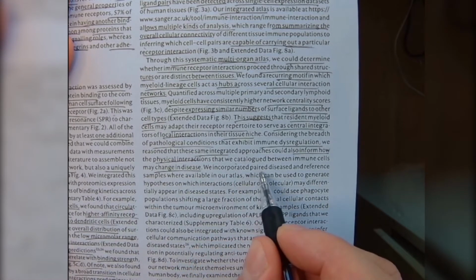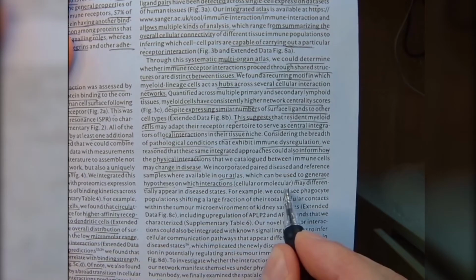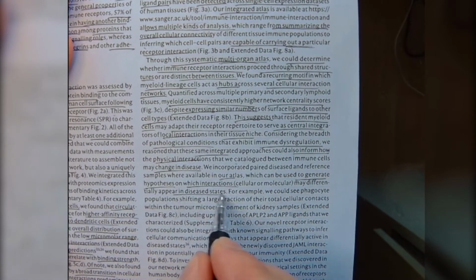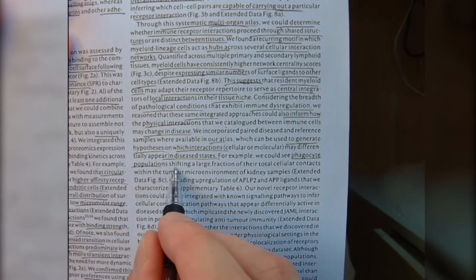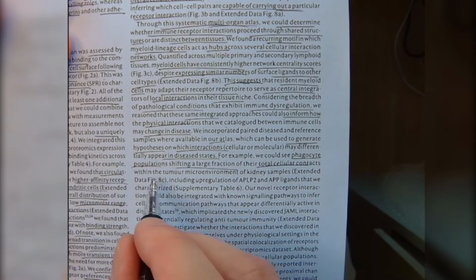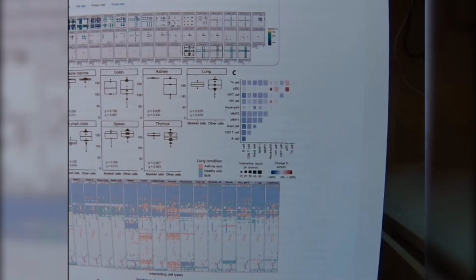We incorporated paired diseased and reference samples where available in our atlas, which can be used to generate hypotheses on which interactions, cellular or molecular, may differentially appear in diseased states. For example, we could see phagocyte populations shifting a large fraction of their total cellular contacts within the tumor microenvironment of kidney samples, shown in extended figure 8C. You can see a general decrease in tumors and the interaction cell count, including upregulation of APLP2 and APP ligands